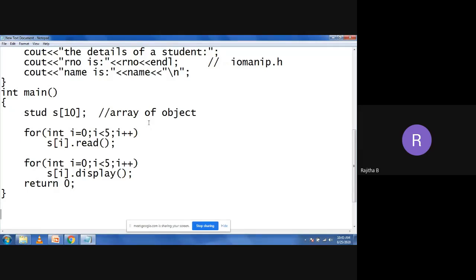Is this clear, everyone? Yes, ma'am. You need to take the name, roll number, marks, calculate the percentage of the student, and display the values of all students.